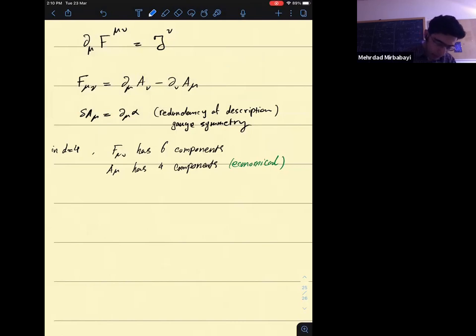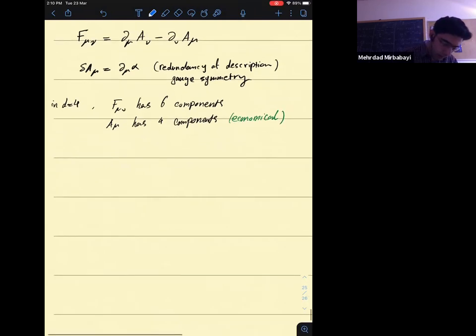If we have a solenoid with a magnetic field, so there's a magnetic flux inside this solenoid, but outside there is no magnetic flux, then we know that there is the Bohm-Aharonov effect,